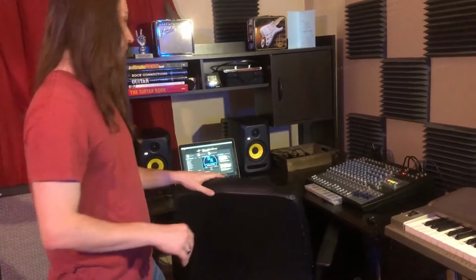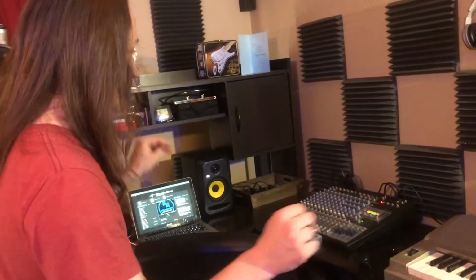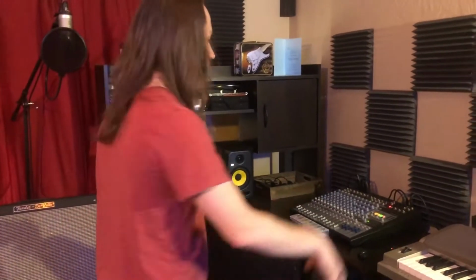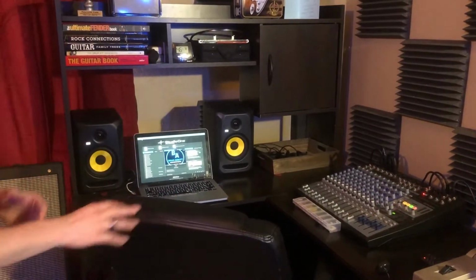What's important here is the Studio Live AR16 USB. That is what they call a 16-channel mixer, but in reality it's more of a 12-channel mixer. That's just some fancy marketing thing that mixer companies do, but that's nothing against PreSonus. I have nothing but love for PreSonus. They're a great company. This runs into my MacBook Pro, which is running Studio One Professional, which is also a